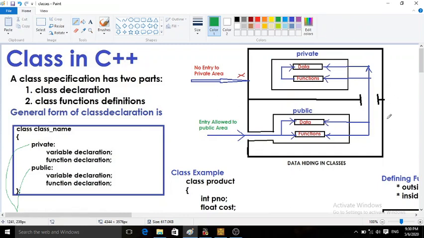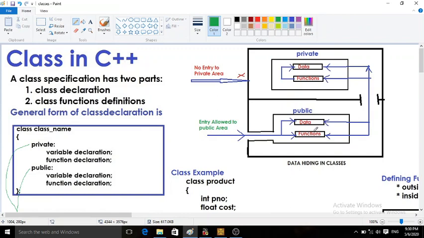In this class, I have two sections: one is private and another is public. As per the declaration in the general form, in the private section we have some data declared and some functions declared. In the public section also, there is a declaration of data and functions.